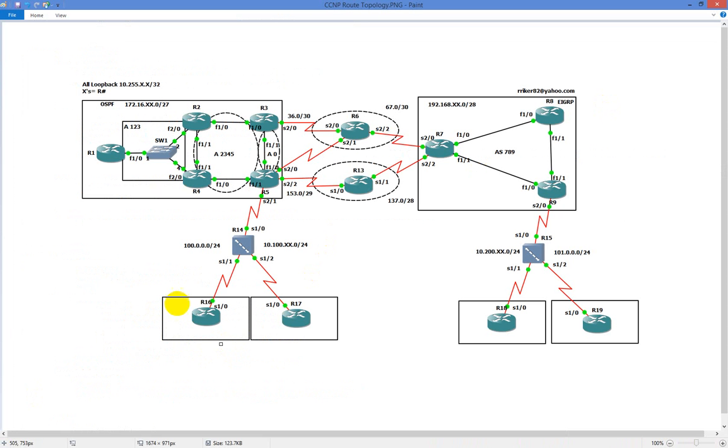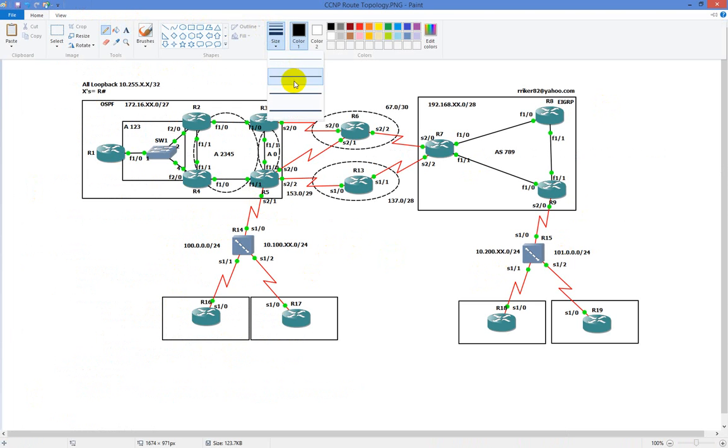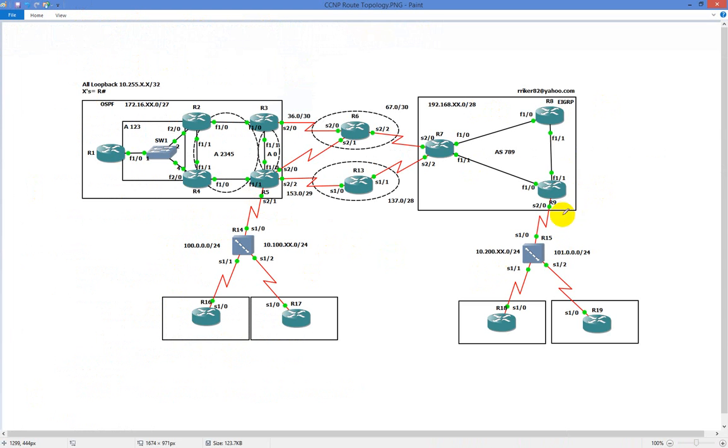So I've moved our EIGRP setup to Paint so that I can draw as we're going along. Make sure I have the right thickness here, and I do. Basically, we're going to enable EIGRP in this section right here. R9, R18, and R19 will be forming unicast EIGRP adjacencies over frame relay. When R9 pairs with R18 and then with R19, we are going to be using the neighbor command,